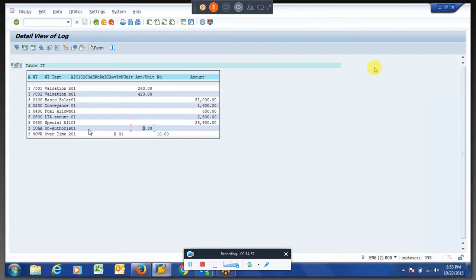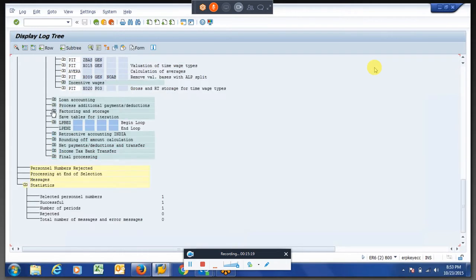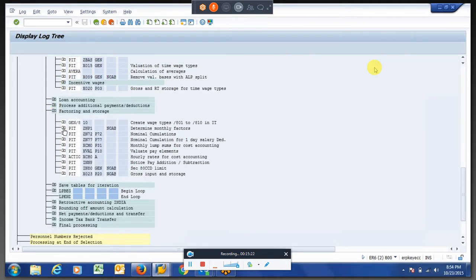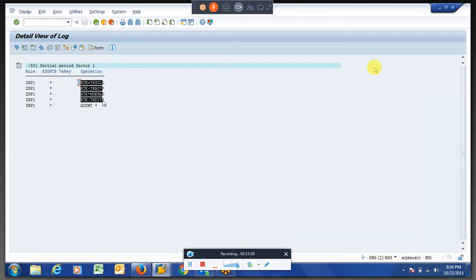So if you go to the factoring, we can use this wage type to reduce that many days from his calendar days. Right. So I'm quickly going to the payroll factoring PCR. If you remember, we worked more on factoring. So what I'm going to do here is, see, I'm changing as of now here in the standard one, that is ZNP1.